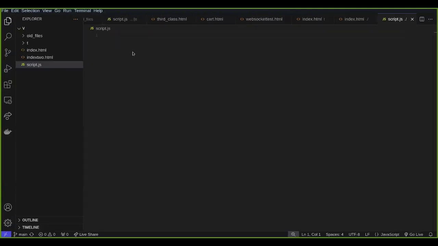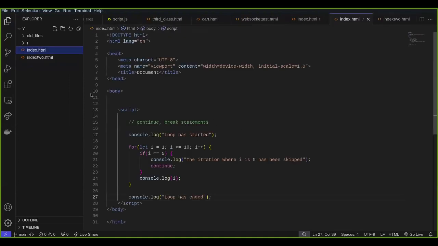Now we are in VS Code. I just opened my VS Code, and let me delete this and create a file for you guys to see how I actually did it. Let me move that to trash. When you open your VS Code, you have these options.